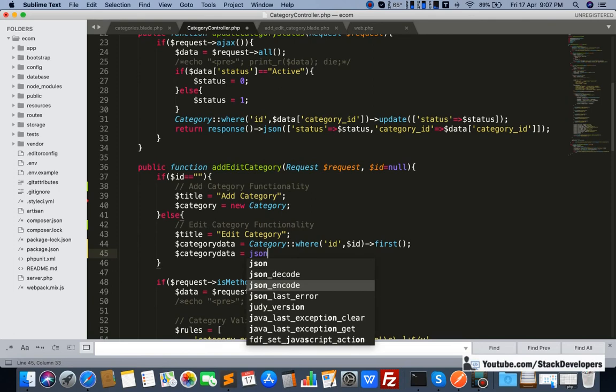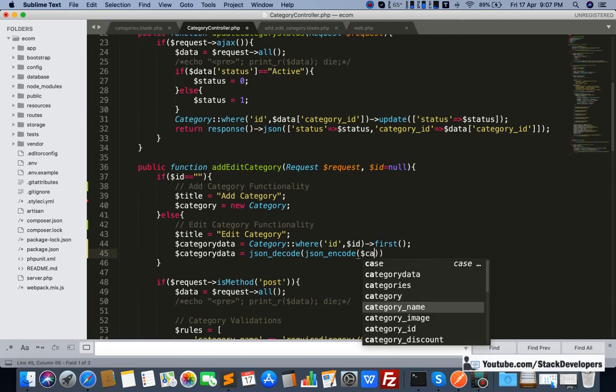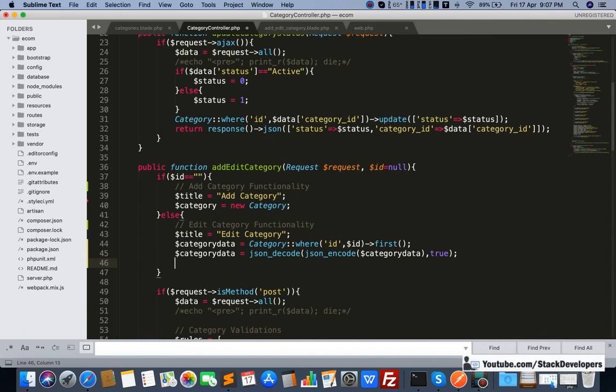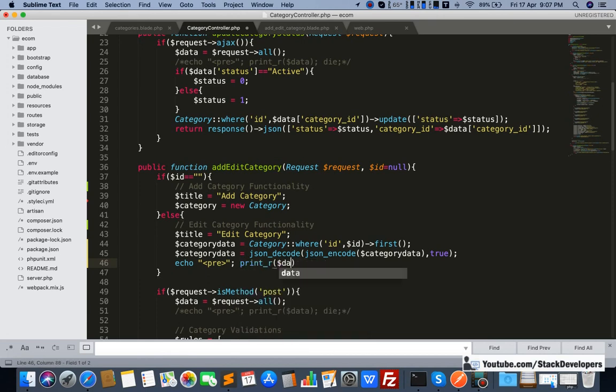Okay, we can check once whether the data is coming fine or not. So we can always debug the code like this: JSON decode, JSON encode. Okay, and here the category data will come. We can also convert the data to array like this, true. So we can check once whether the data is coming correctly or not.